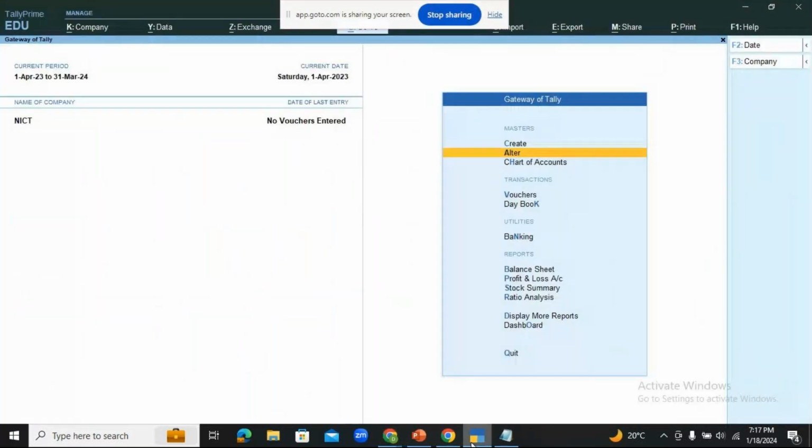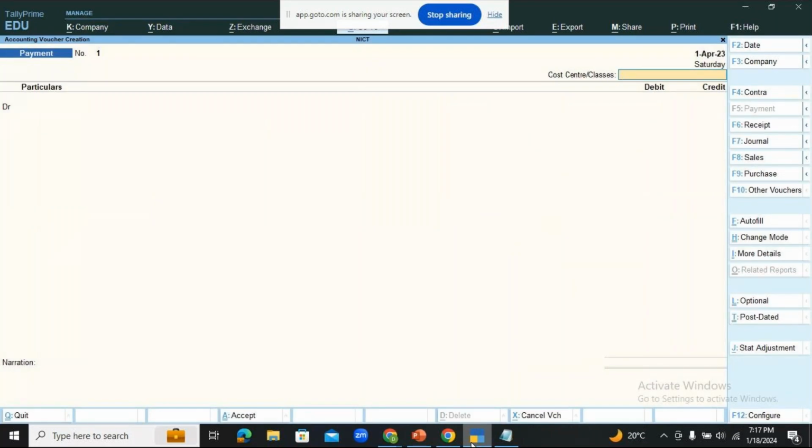Yes, from the Gateway of Tally screen, as I've told you, under Transactions we have Vouchers. So we press enter on Vouchers, and the function key for it is F4. Usually by default you see the payment voucher there. Please observe here. You have to be very careful before you start with the vouchers in Tally. Currently I'm in the payment voucher. I cannot put up a contra entry in a payment voucher. So you have to be very conscious